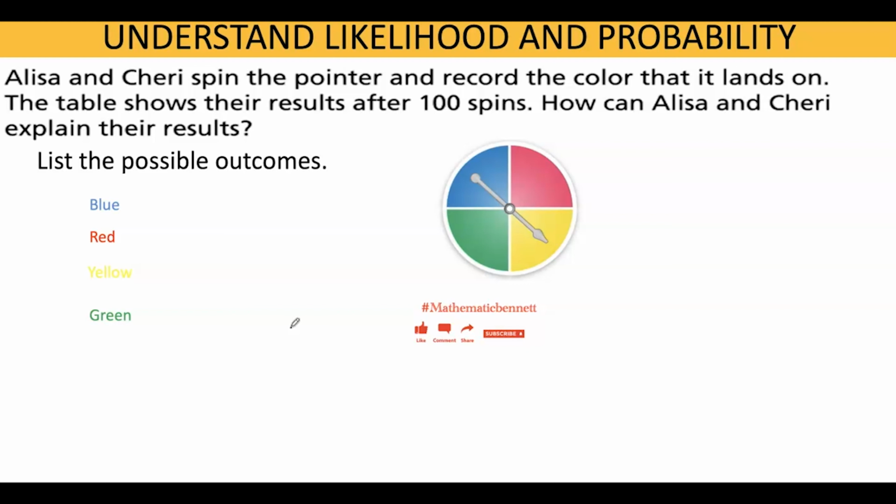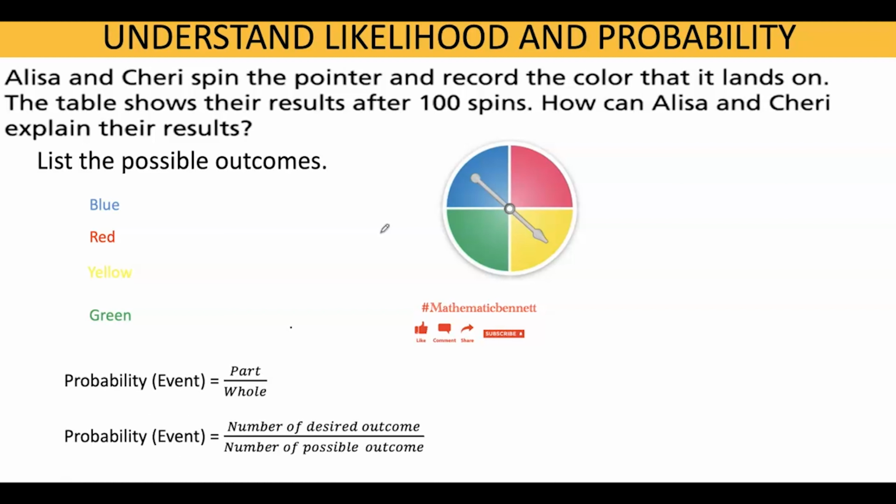Since it has 4 outcomes, and all 4 outcomes are equally shared, this pointer is divided into 4 equal parts for the 4 outcomes. So we can conclude that this spinner is a fair spinner because all the outcomes are equal, and we're going to prove that. To find the probability of each color occurring, we know that probability would be part of